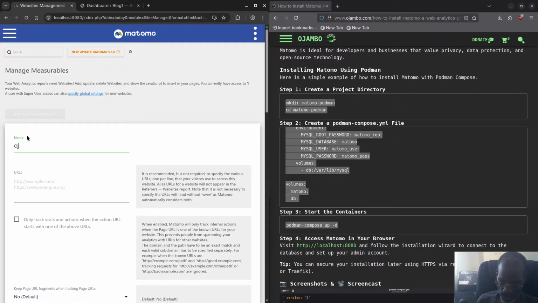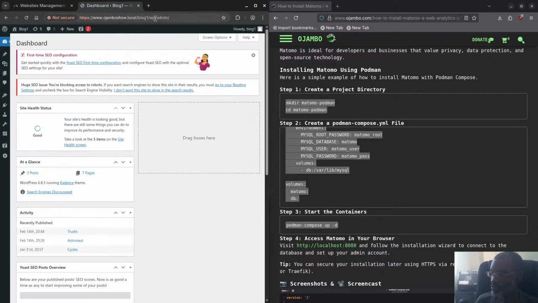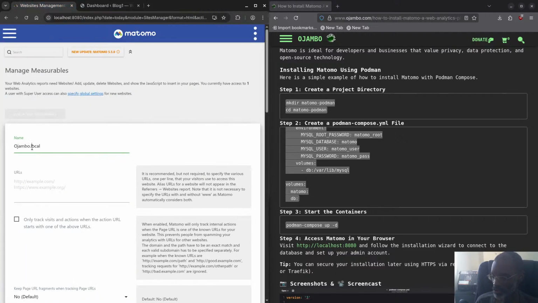So the website is called ojambo.local. And this is the name of the site here, blog 1. So I'll just grab it here. Actually, I should probably put blog 1 here. I'll just put blog 1. Okay. Blog 1, only track visits and actions when the URL starts with one of the above. I don't know what this means. When enabled, only track internal actions when the page URL